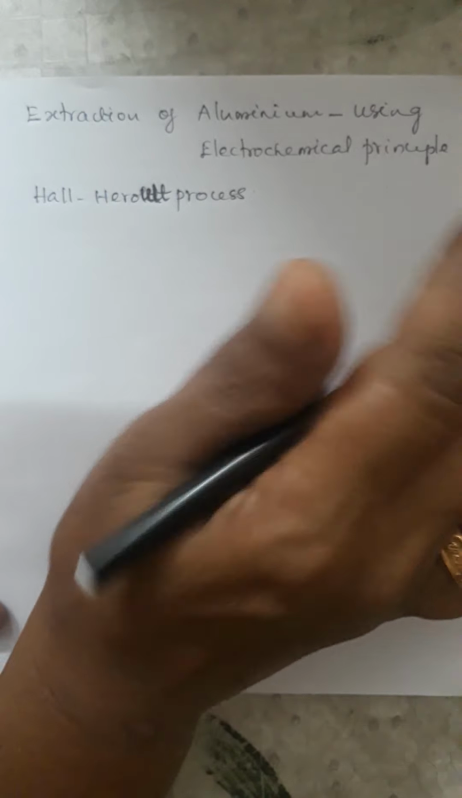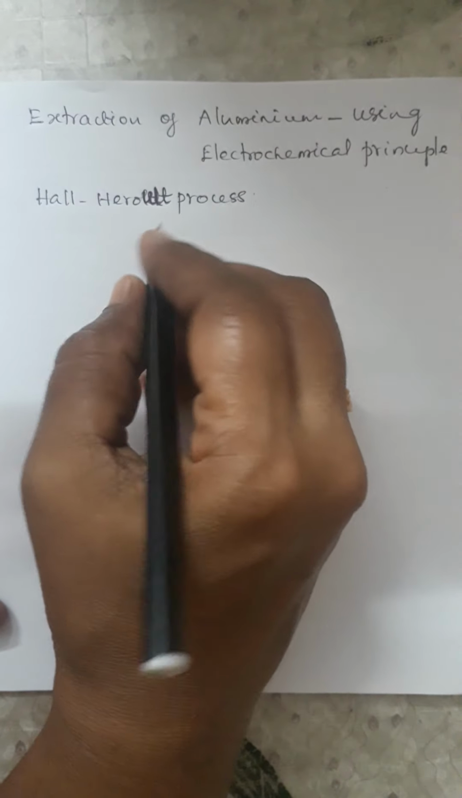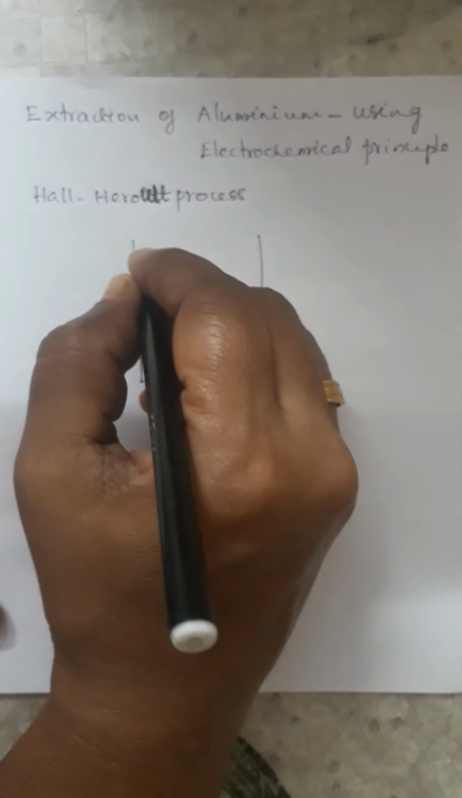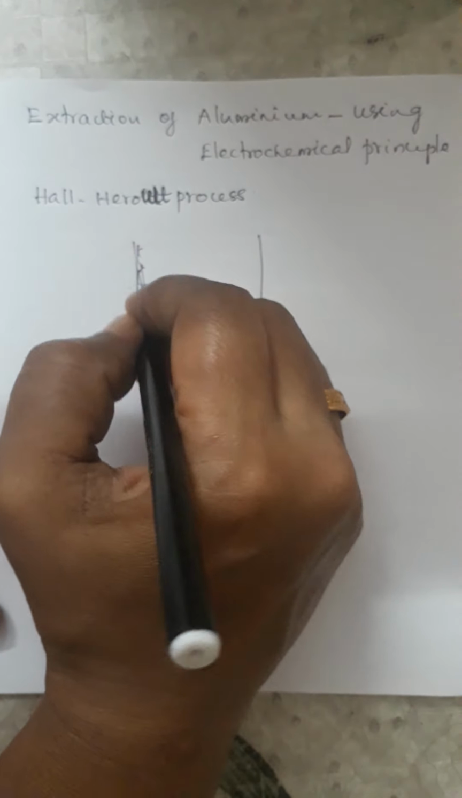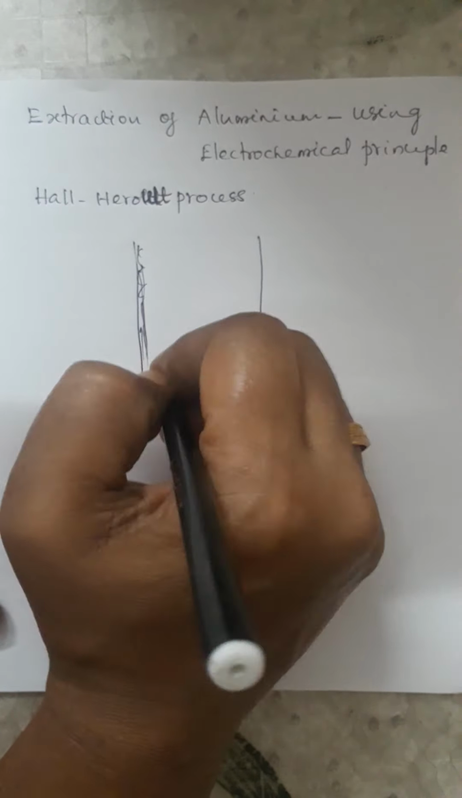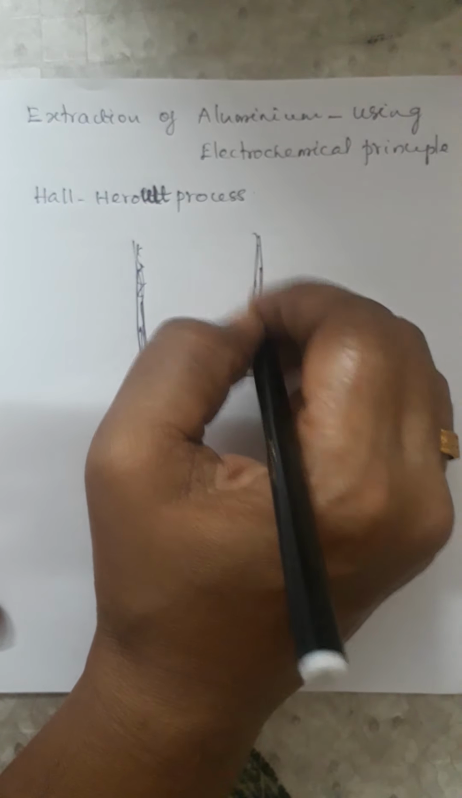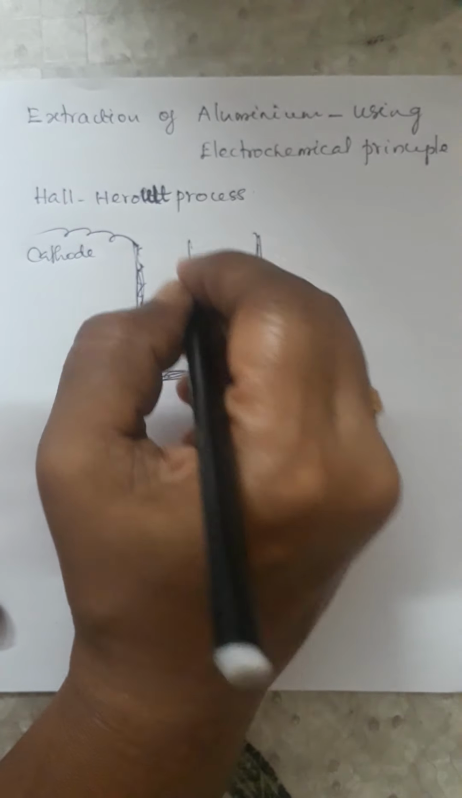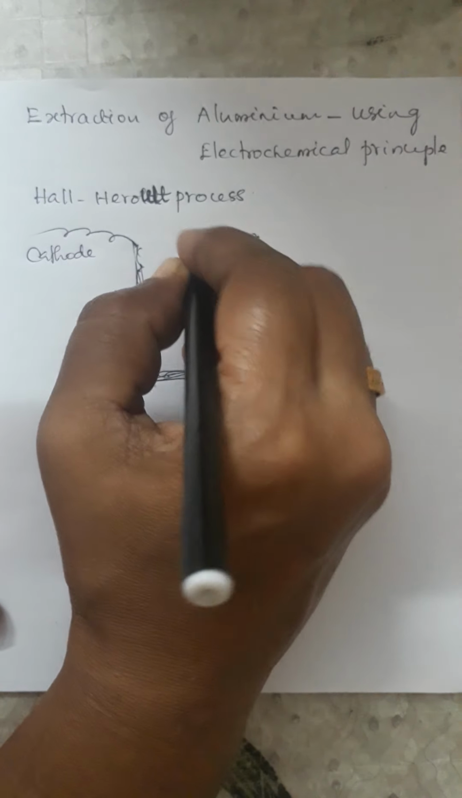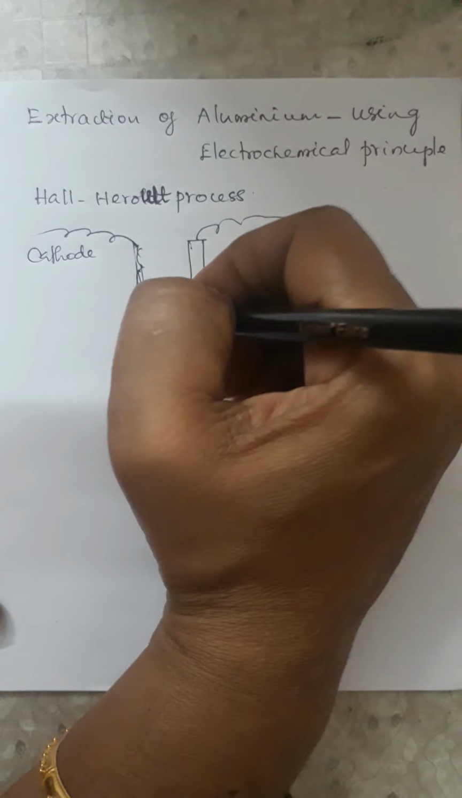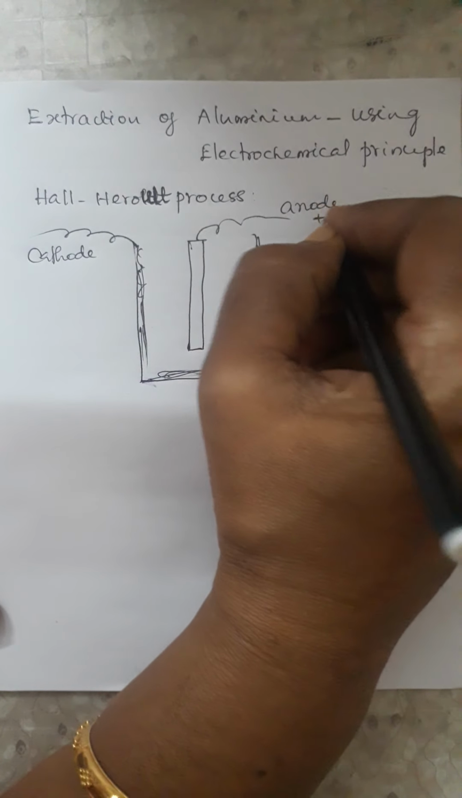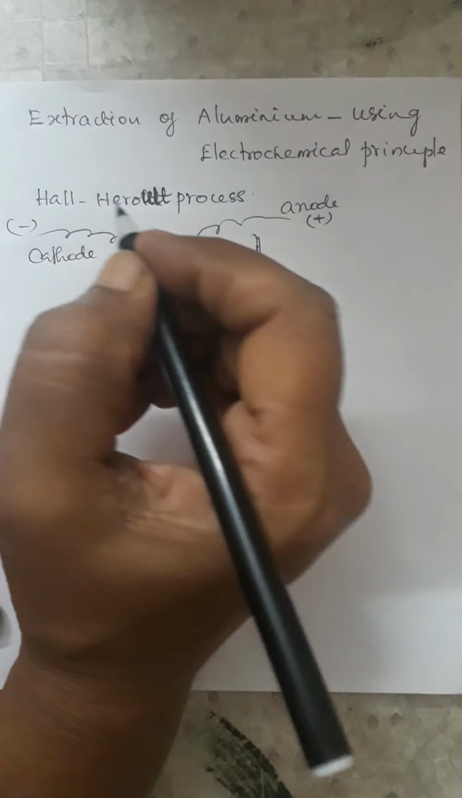So in this process, an iron tank is taken that is lined with carbon. That is lined with carbon that acts as cathode. Carbon blocks are used and this one acts as anode. Okay, now we are taking